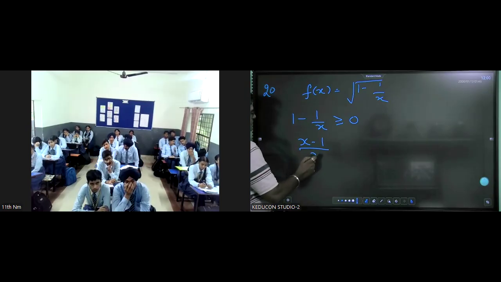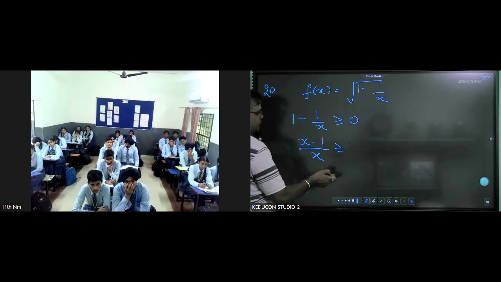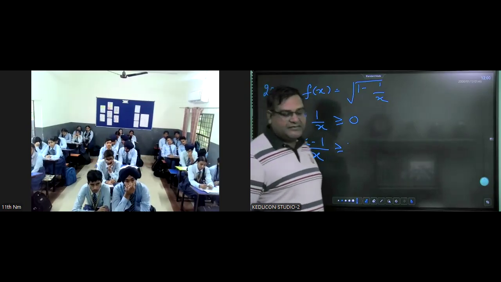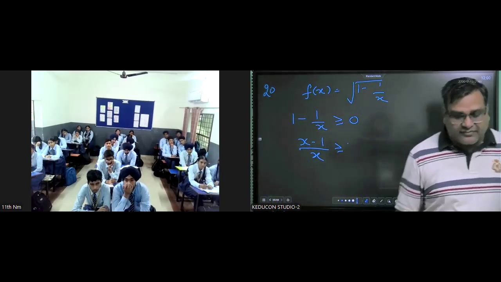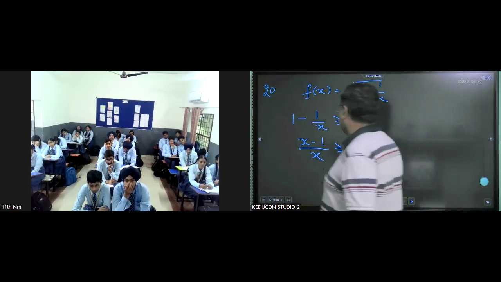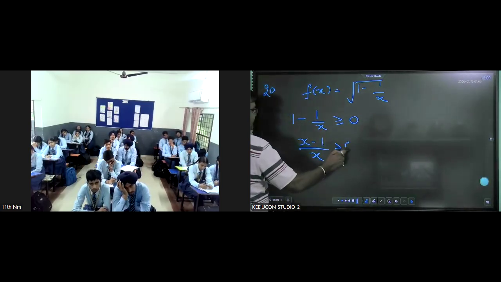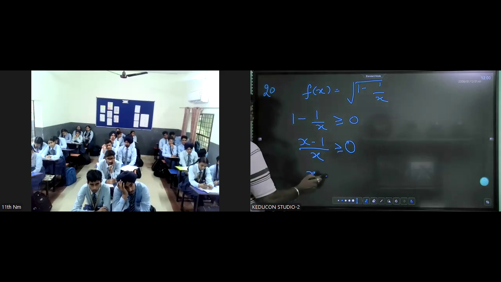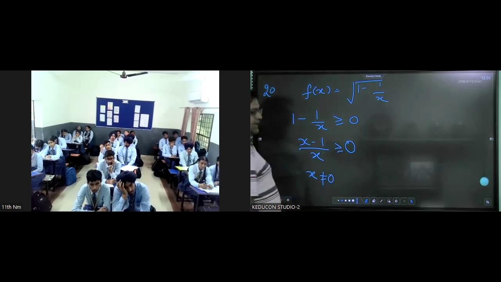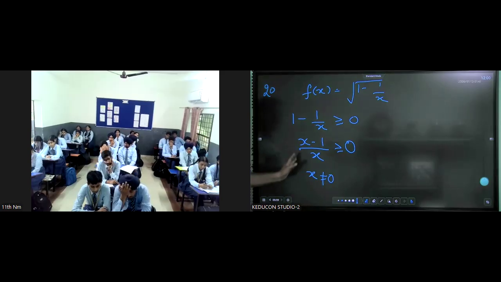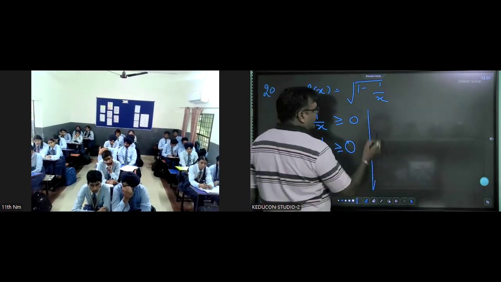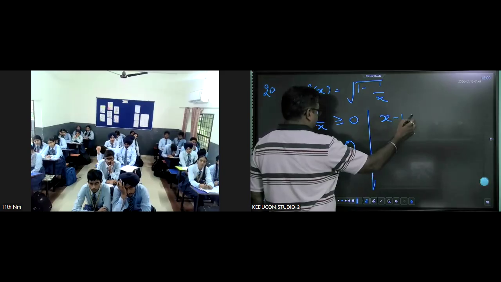Means x minus 1 should be greater than equal to 0. Now can you take greater than equal to? Yes, you can. But the thing is that x should not be 0, right? When you solve this inequality, you got x minus 1